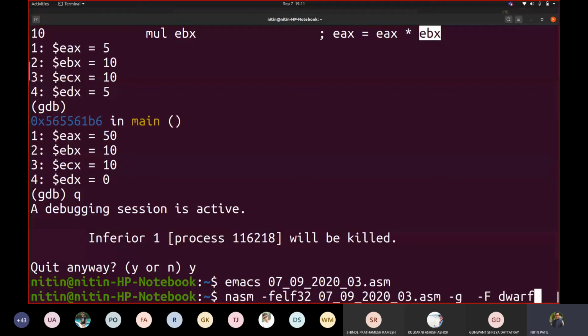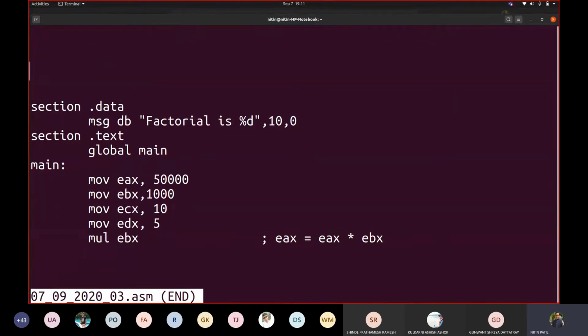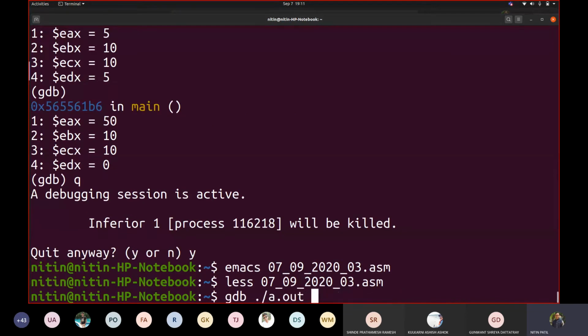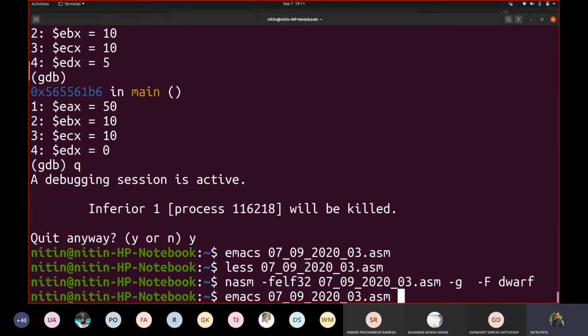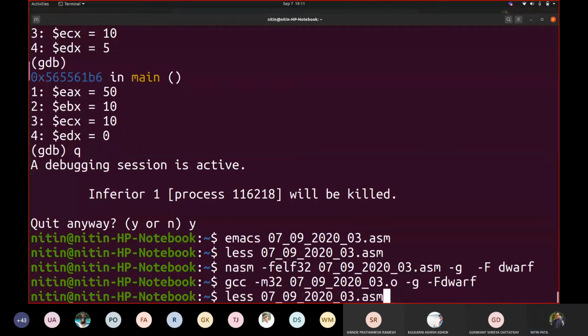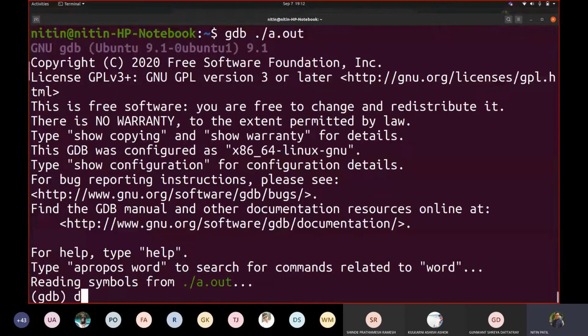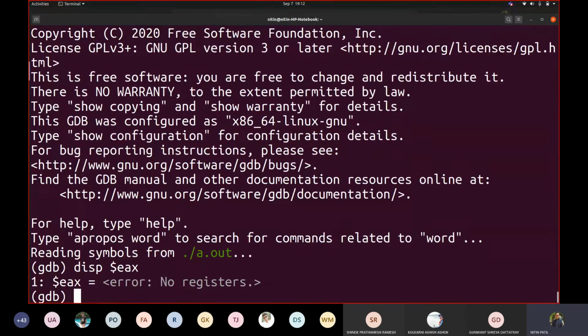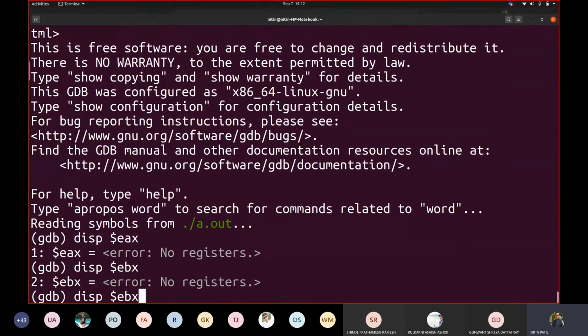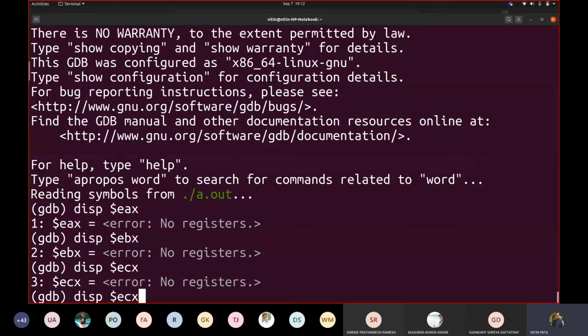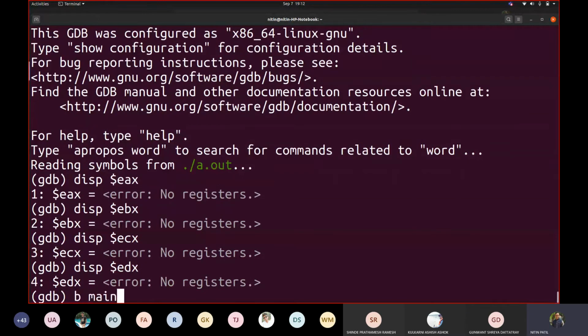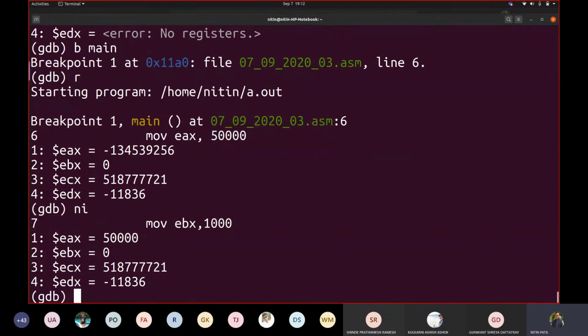The code is like this. I added some big numbers to EAX and EBX, and let us assemble, link, and now debug. Again the same: display EAX, EBX, ECX, EDX, breakpoint main, run.